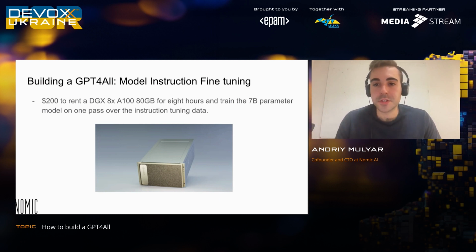Most of these data sets are released in ways that allow you to train the model and then run it in a commercial setting in production. So what does it take to actually train the model? Well, you need one of these big boxes that I showed you earlier that I said was super expensive to buy. Usually people don't buy these boxes; they rent them.